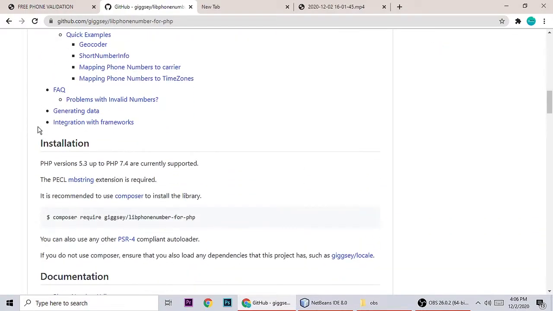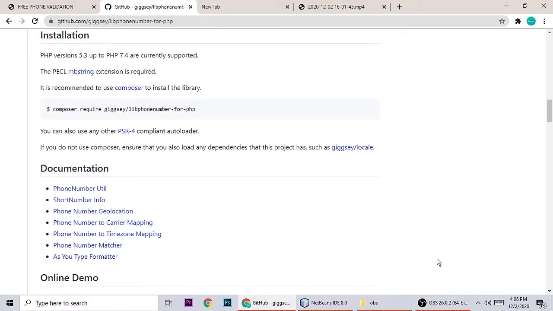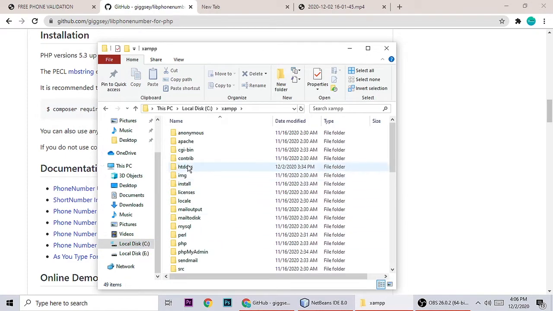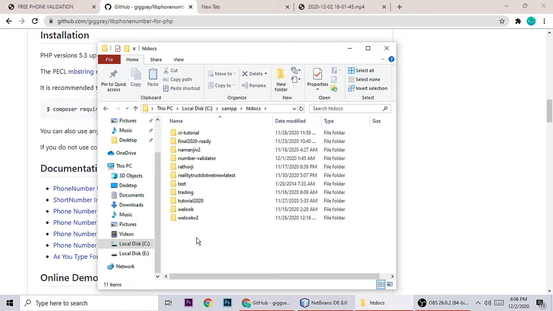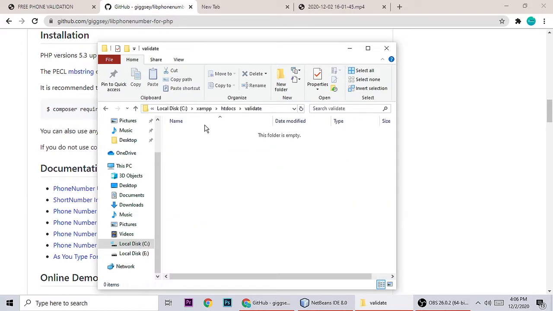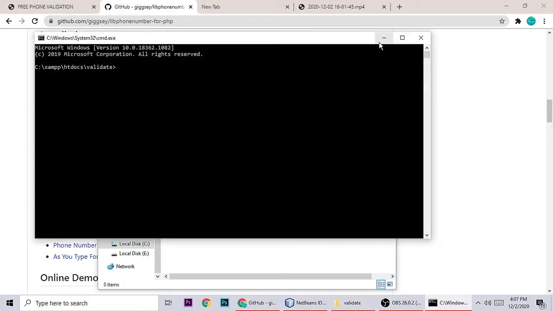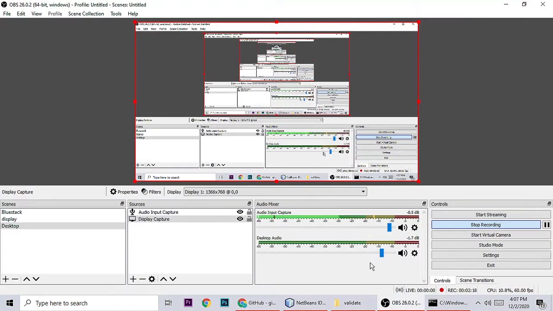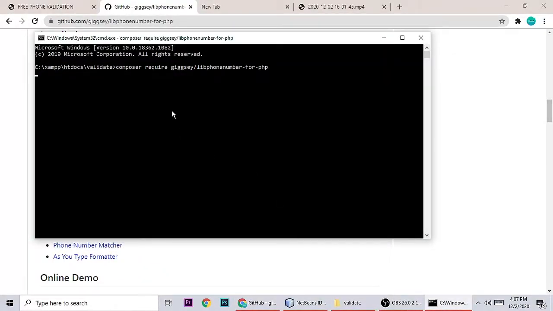First, we need to create a project. I will go to XAMPP htdocs, and here you can create a new project. Press Control Shift N for a new folder, and name it something like validation, anything you like. Then open a cmd command prompt here, copy this command, and hit enter.